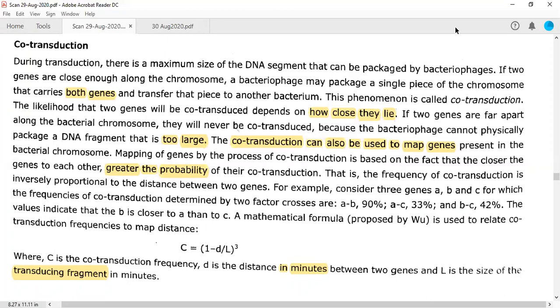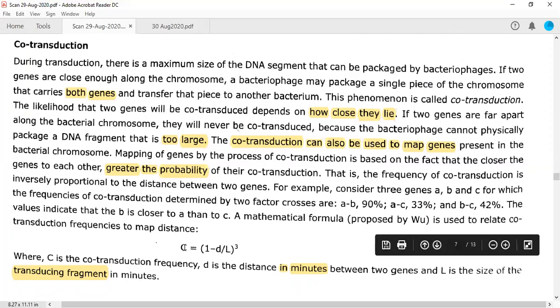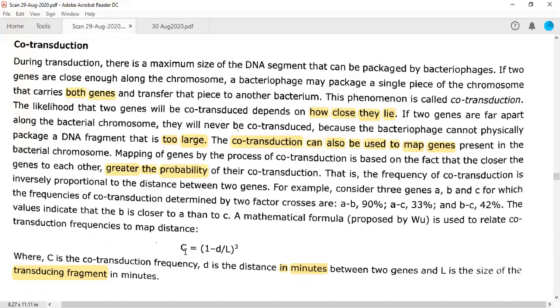So the first question is, how can mapping be done by co-transduction, and second is size calculations in minutes. Generally, if you are asked this type of question about frequency, you have some basic information given, so only then you can calculate the frequency. This answers your first and second question. The first question is how to map the distance between the two genes, how to map the genes. If you have a segment of DNA with many genes present over it, for example A, B, and C, that's what he is telling by this example.